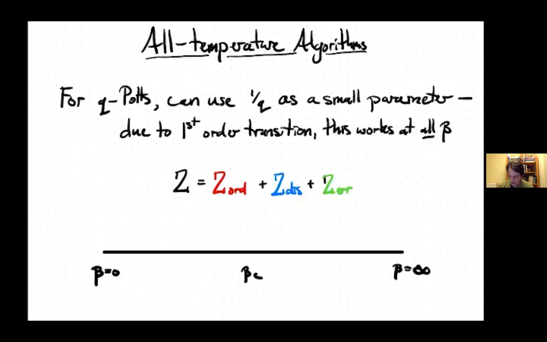What you do then is show that you have a convergent expansion for the disordered piece that includes the critical value and goes past. And you also show that you have a convergent expansion for the ordered piece that overlaps. And the error